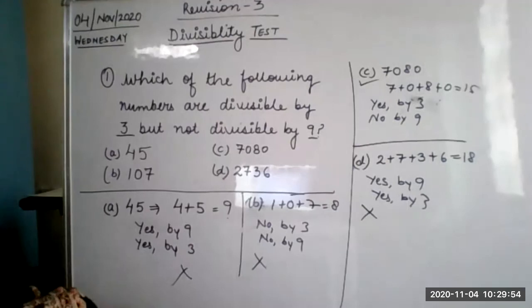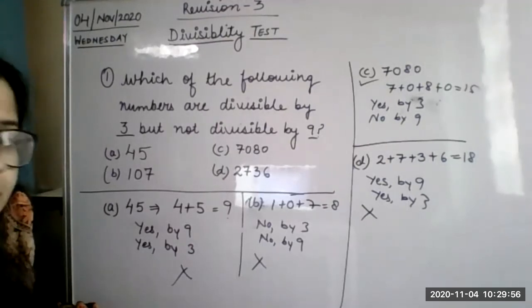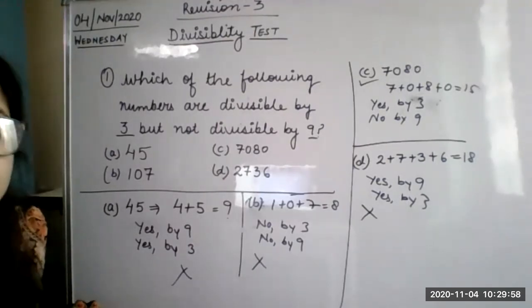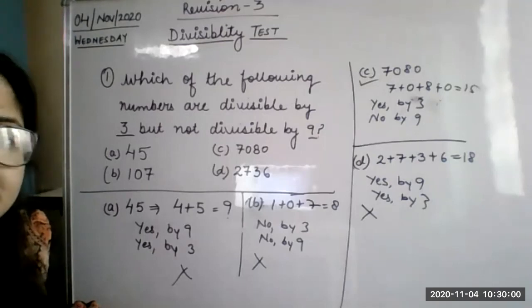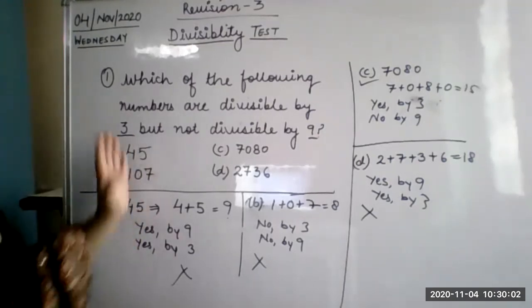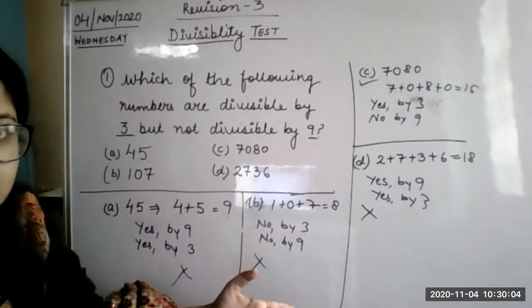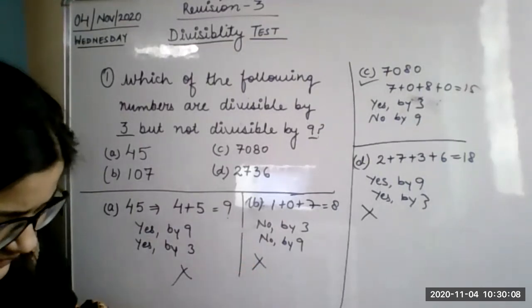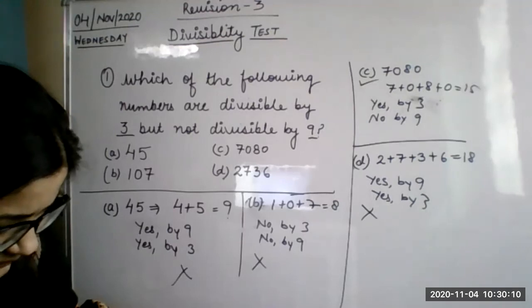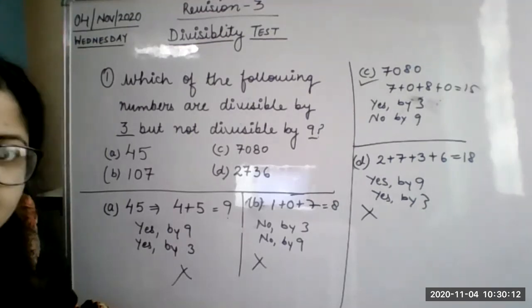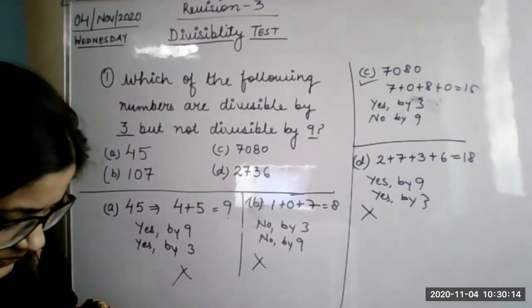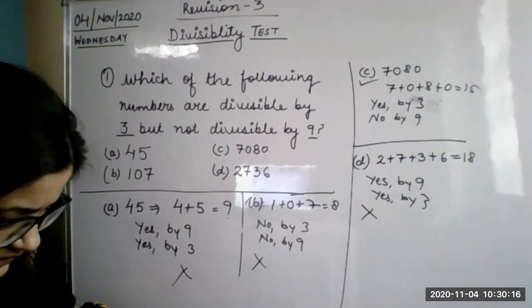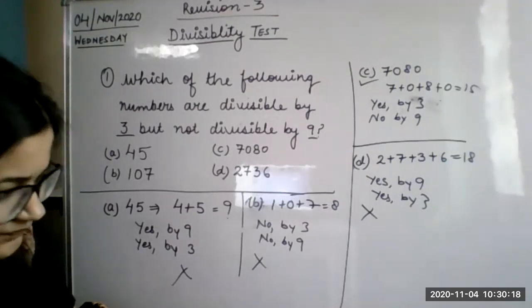Okay, beta, we are having another period. In the 5th period we are having. This meeting is going to be over. We'll meet in the next period and we'll continue with the same revision work. We'll meet in the 6th period. Okay, the meeting is going to be over. Less than 1 minute is left. It may be over any time.